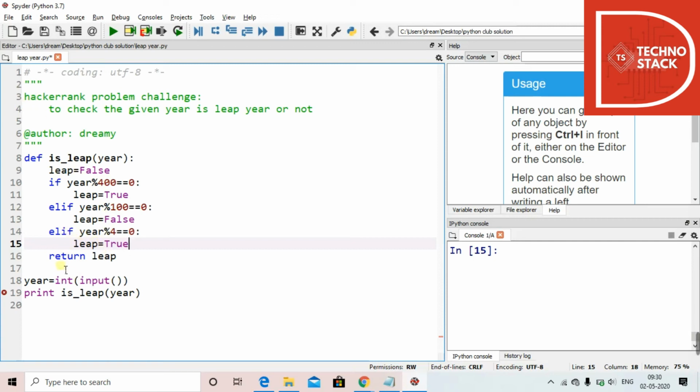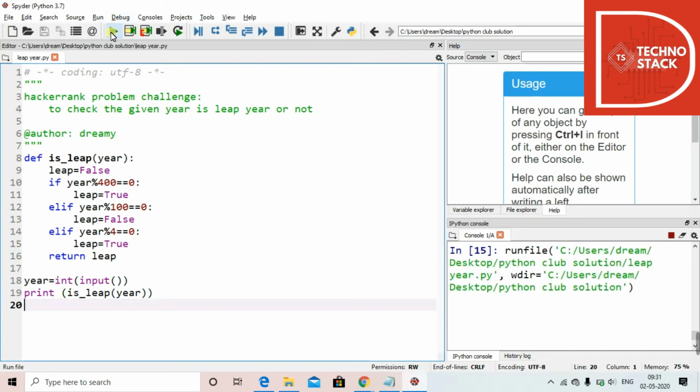Finally we are returning the leap variable, the value of leap that is stored, and then we are taking a variable year, taking the input from the user and converting it into integer format, and then we are just simply printing the result. So we are done with the program.